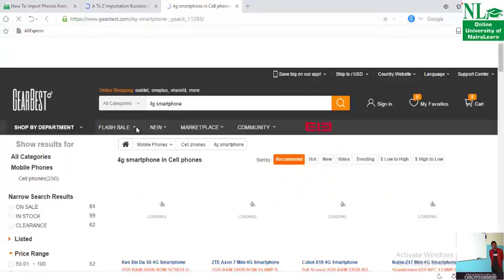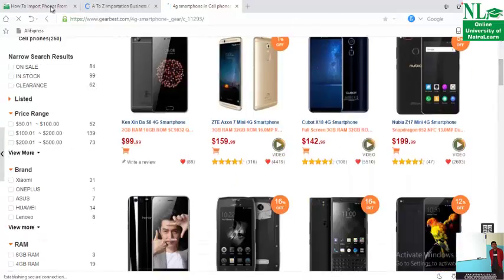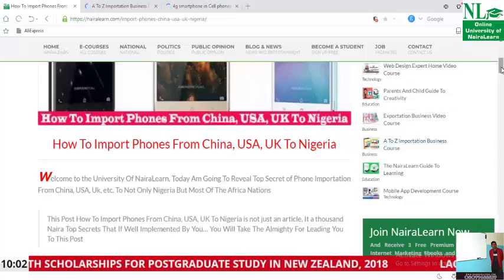Unlike here in Nigeria, if you want to buy an original 4G LTE smartphone, you should be budgeting from 50, 60, 80, 100 and something thousand naira up. But here you will get powerful, super quality 4G LTE phones for less than 35,000 naira. So just take a look. These are some of them. Let's return to NileandLearn. I have ordered some, and some of my students have equally ordered some.